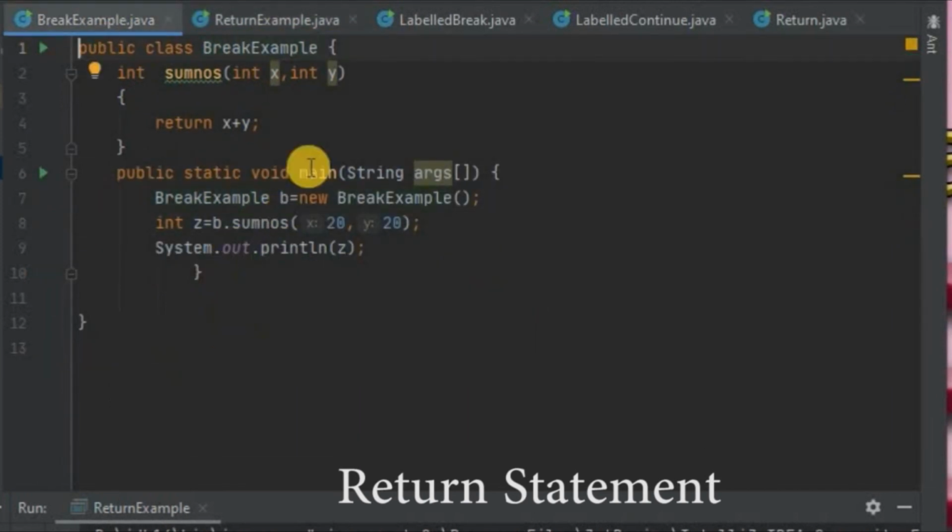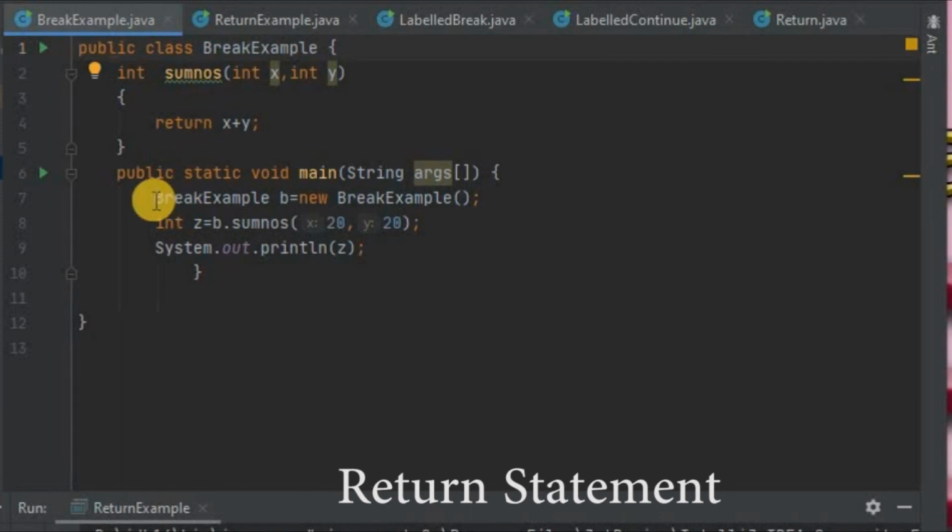We can take the function in the same class. Public class BreakExample, int sumNumbers(int x, int y), return x plus y. We took one function within the class BreakExample. Then we took main, and in main we have created the instance of the same class.